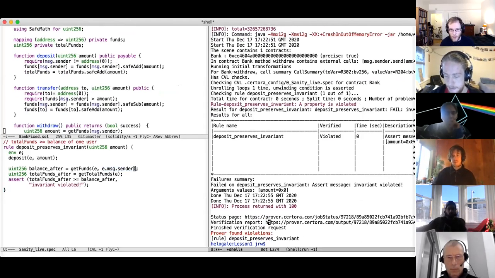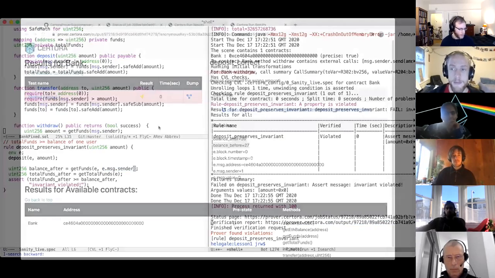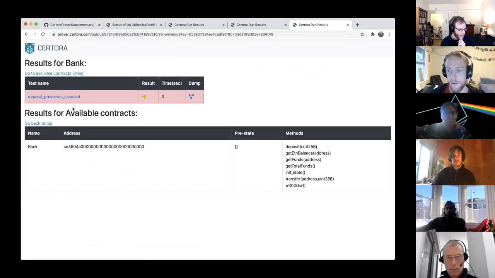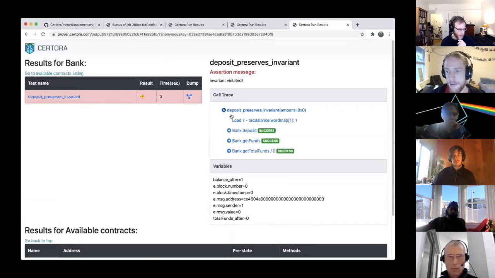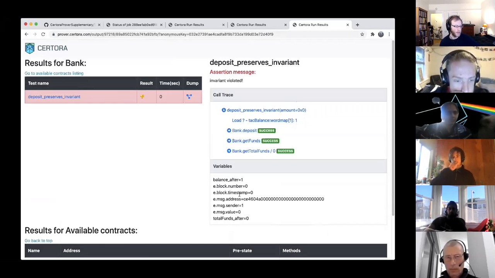So it failed. We can look at it and see what's happening here. One thing is super strange: amount is 0, so we tried to deposit 0, so we shouldn't have changed the state at all. And if we look at total funds, this is kind of strange. Oh, there it is. Total funds is 0,